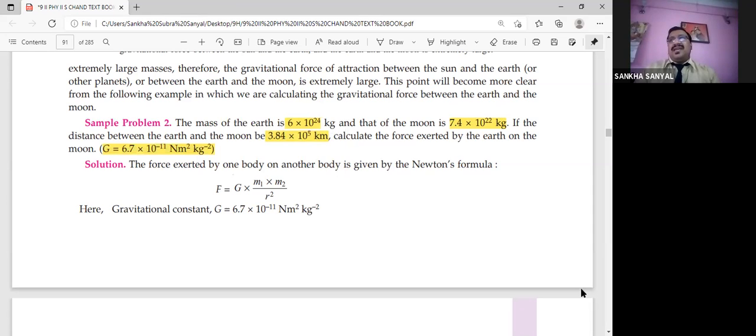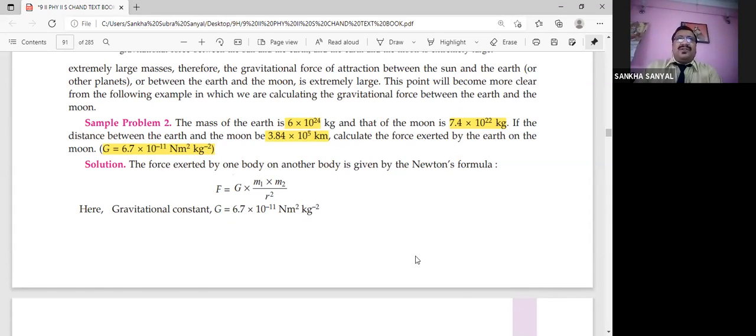My dear students, please fill this up in the formula that we have and check what is the force that is exerted between the earth and the moon. Let's do it fast. Once we complete this, we'll be shifting to the discussion of the questions that you are trying to put forward by raising your hand. We'll address those questions. It's a simple one.